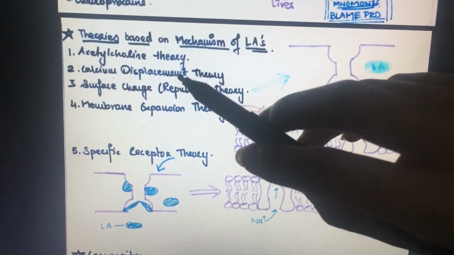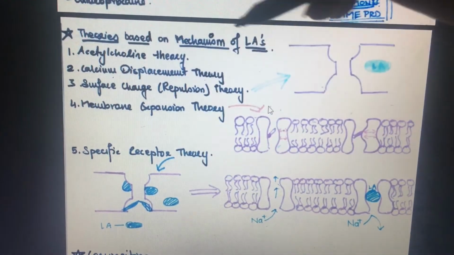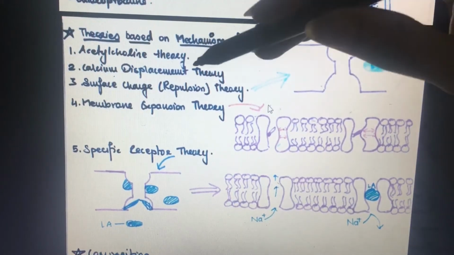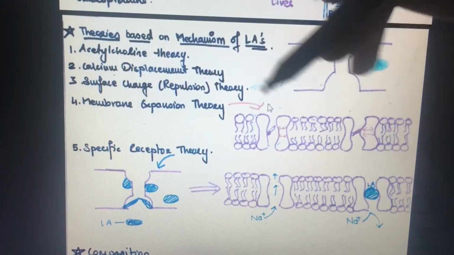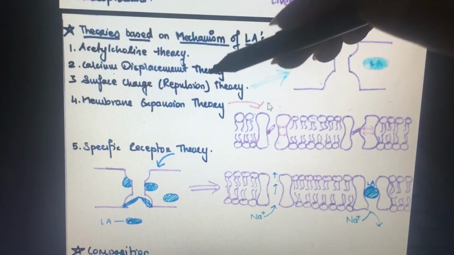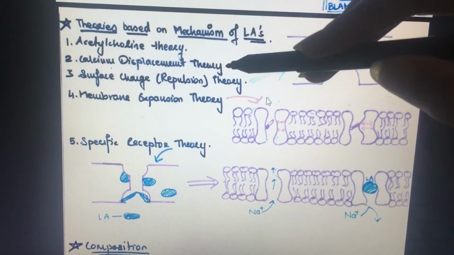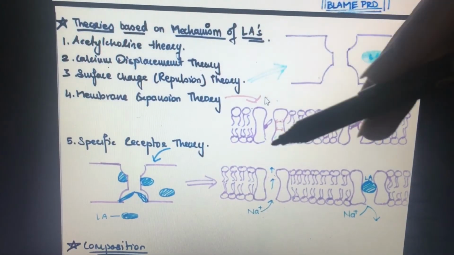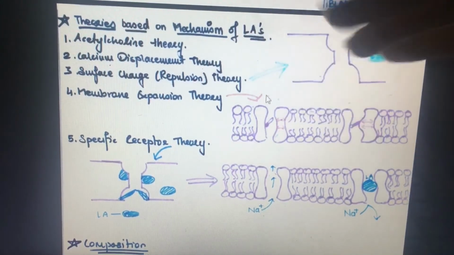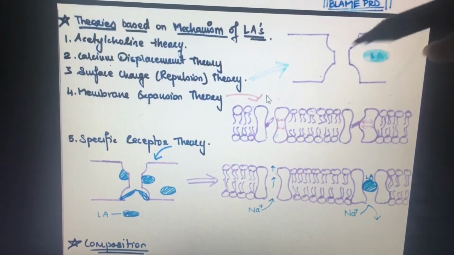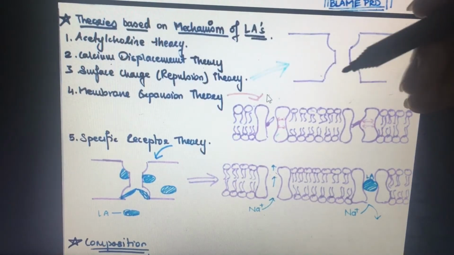So acetylcholine is a neurotransmitter. It was thought that this acetylcholine caused the blockage of sodium channels and decreased the permeability of sodium channels, but there were no evidences for this theory. So the second theory, which is the calcium displacement theory, was put forward. It said that the displacement of calcium in the nerve membrane controlled the permeability of sodium, but evidence that varying the concentration of calcium ions bathing a nerve does not affect local anesthetic potency has diminished the credibility of this theory.